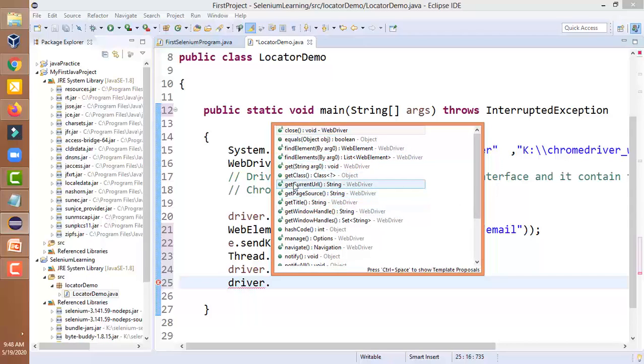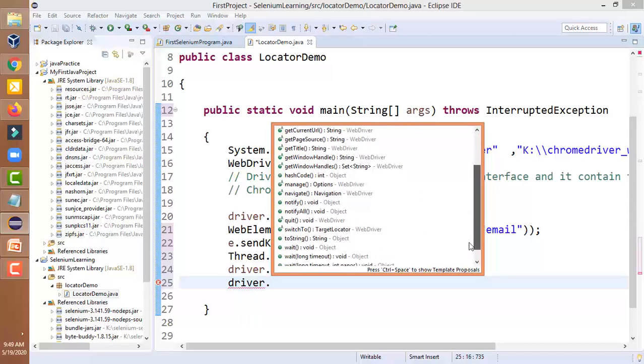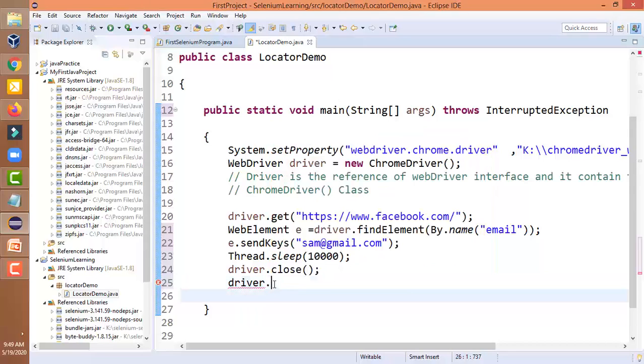Sometimes the URL navigates to another URL, and the current URL is different from the URL that we know, and we have to put an assert statement. In that case we have to use the get current URL method, and there is a get title method. I will explain each and every method in detail. Get window handle, and the manage function, which we basically use to maximize the window. So all these browser related methods are defined in this driver class. Okay, now let us run this program.